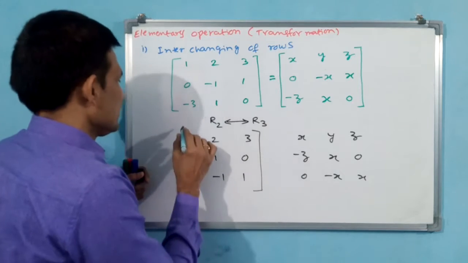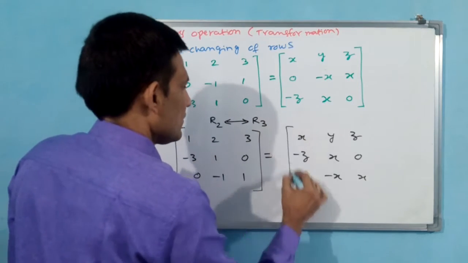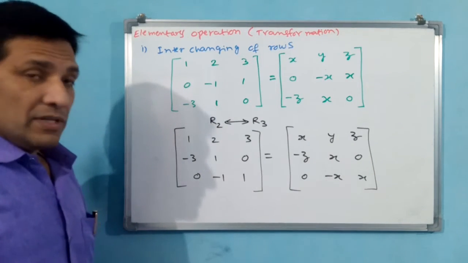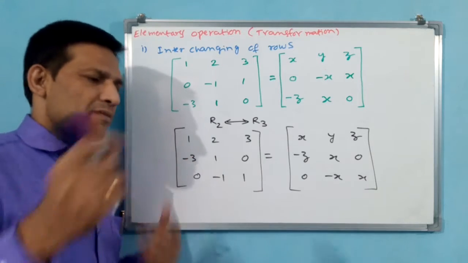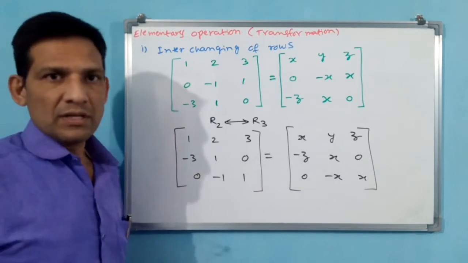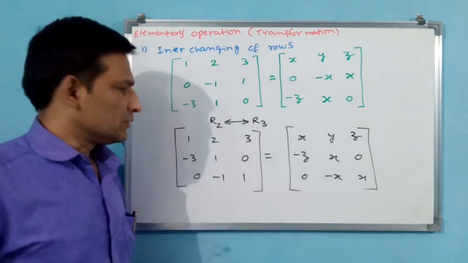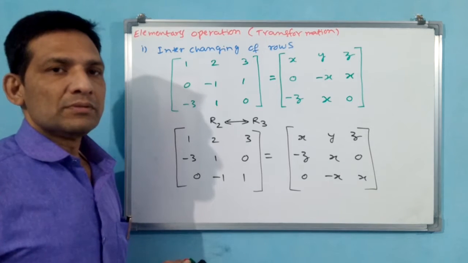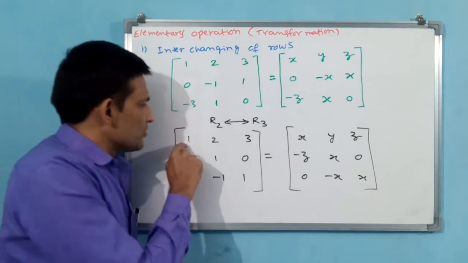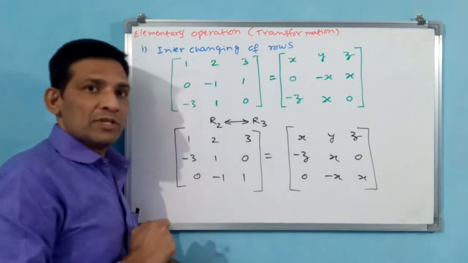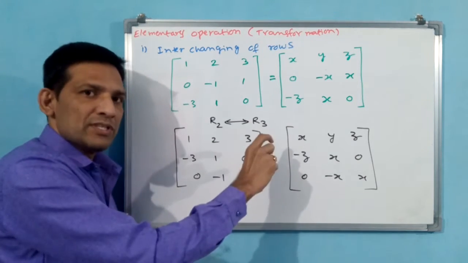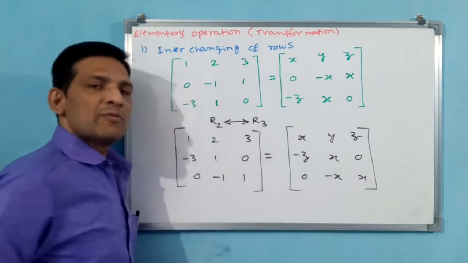Now you close this matrix. Have you understood this? Likewise, anything we can change, but both sides we have to change. If you change here, you have to change this side also. Only one element you are not going to change. If you want to change one row, you have to change that row on both sides. One column you can change, but not one element. One column or one row you can change, but that same column you have to change on this side also.